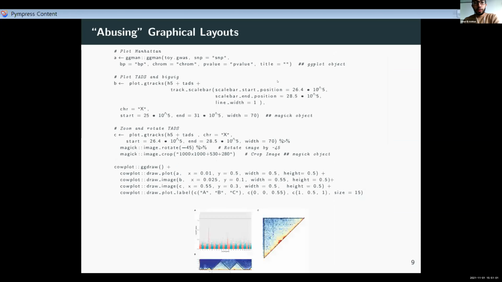And this is the last thing. This is actually not a native implementation in rGenomeTracks yet. So it's really considered to be a hack. So let's say you don't want to